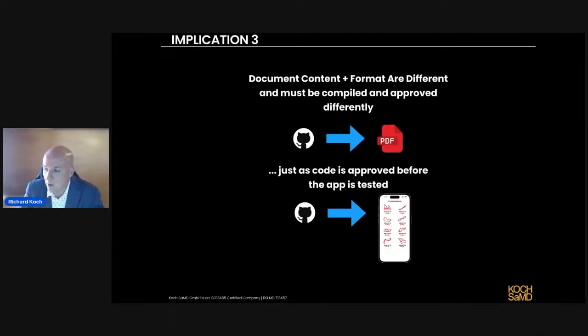But yet in the quality department for software, often they don't separate the document approval from the approval of the content. And again, this has very serious issues for how efficient you're going to be with your teams, how fast you're going to deploy, and especially when you get into Agile CFR 11 compliance. And there are ways to do it.